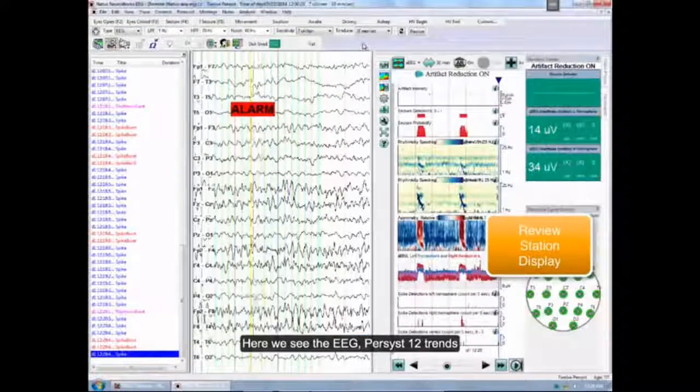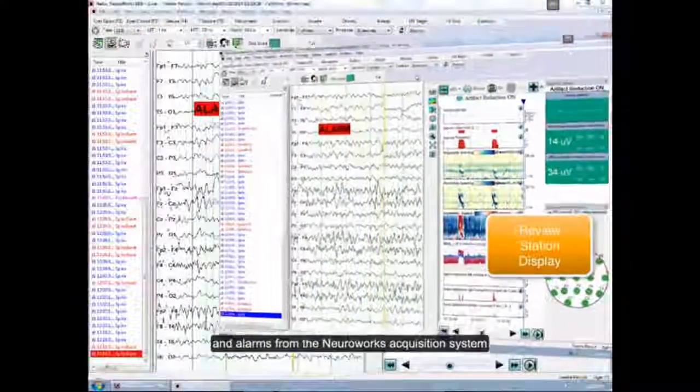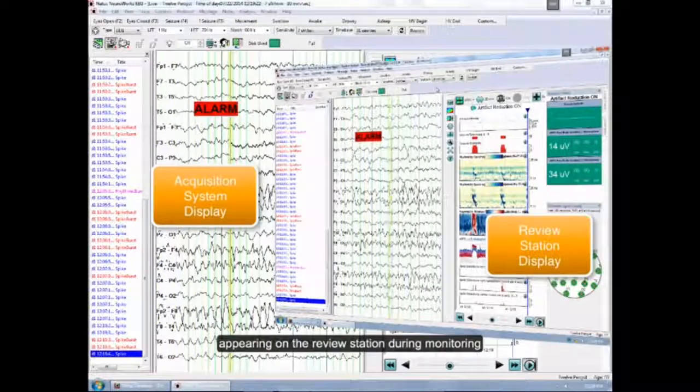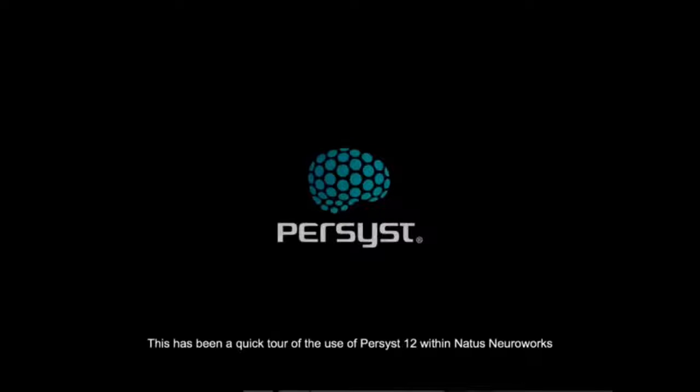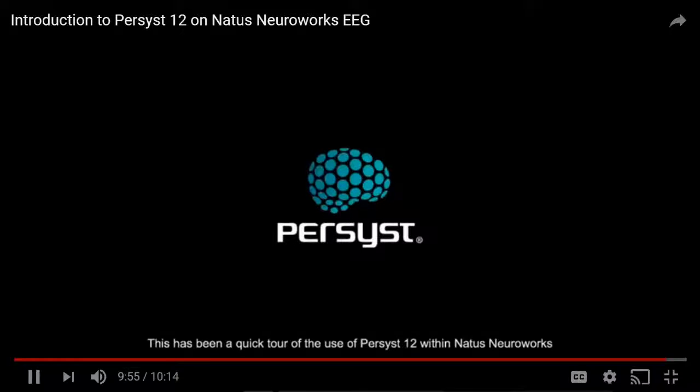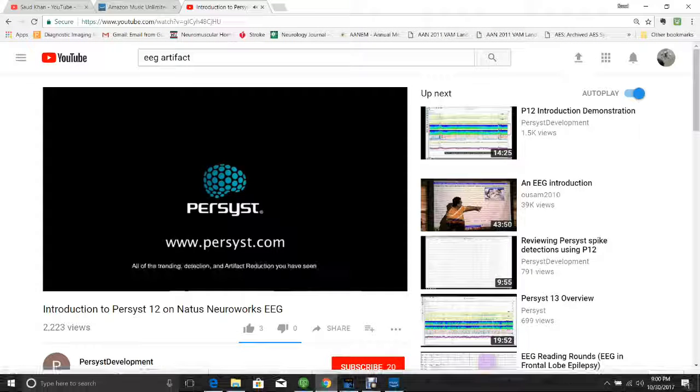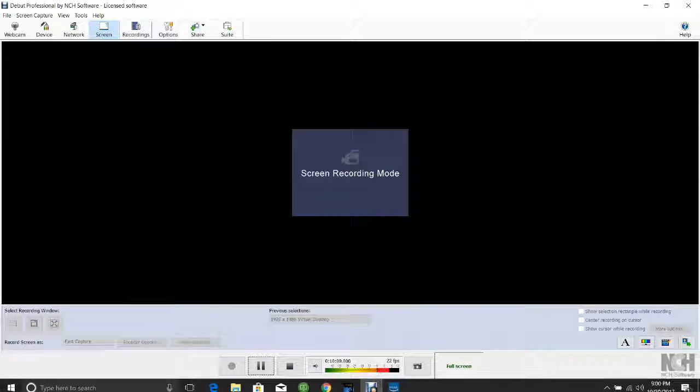Here we see the EEG, Persyst 12 trends, and alarms from the NeuroWorks acquisition system appearing on the review station during monitoring. This has been a quick tour of the use of Persyst 12 within Natus NeuroWorks. There are many more capabilities that we will be happy to discuss with you. All of the trending, detection, and artifact reduction